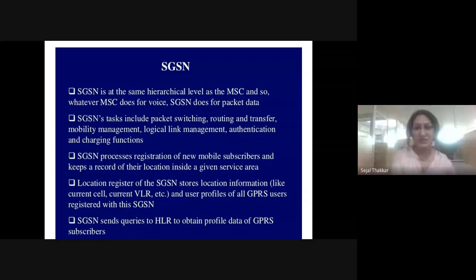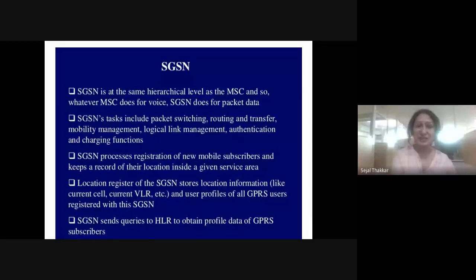In the same way SGSN is also doing this. Its tasks include packet switching, routing, transfer, mobility management, logical link management, authentication, and charging function. Right? So for whatever hours we are using data, we will be charged. Link management is also there: as long as we are sending our data, it tries to maintain a link.